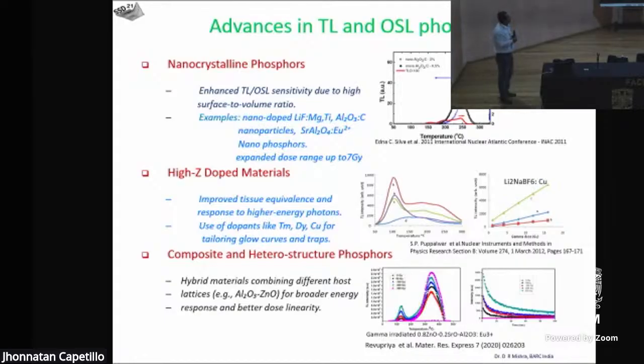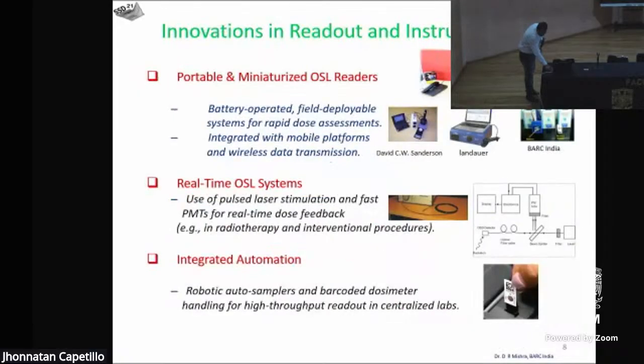Then aluminum oxide is a traditional material. Nanophosphors. The whole idea is to expand the dose range, give better sensitivity, and tunable wavelengths. Similarly, a lot of efforts are taking place. If you see composite kinds of heterostructures, which are traditionally famous in semiconductor technology, people are still trying them for phosphors. So yes, a lot of new things are happening, and some of these we have seen in the morning session.